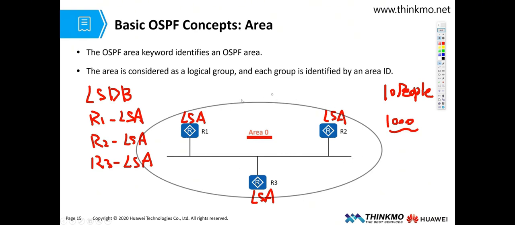So what do we do? Here we can divide into regions. For example, still with these 1,000 people, we divide them into 20 regions. Each region has 50 people. Each region only needs to record the information of the 50 people within it. In this context, the region numbers must be the same